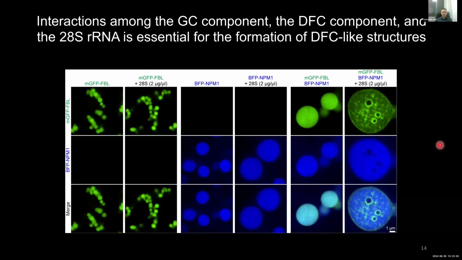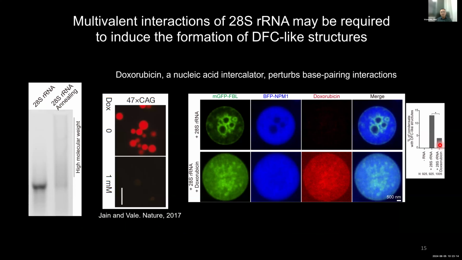This data suggested that interactions among the GC component, the DFC component, and the 28S RNA are essential for the formation of DFC-like structures. Previously, we showed that RNA interaction is critical for the formation of condensates. So here we would like to know what role RNA interaction of 28S RNA plays in the formation of DFC-like structures. First, we did an RNA interaction experiment by simply annealing